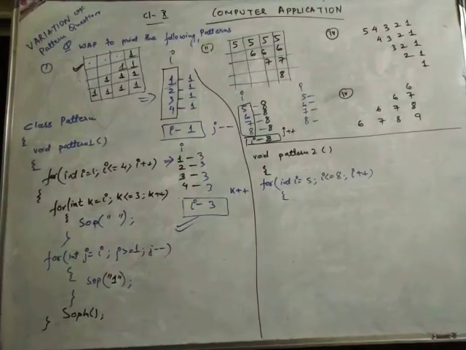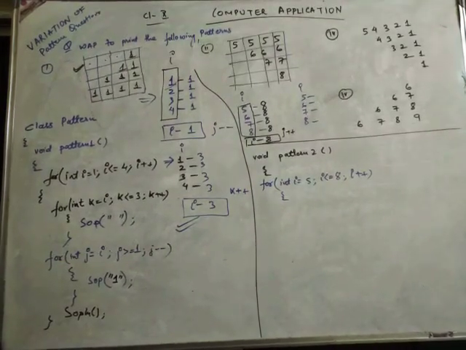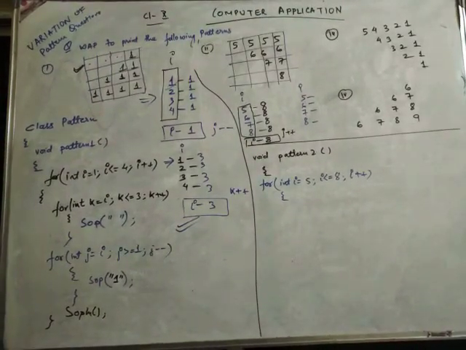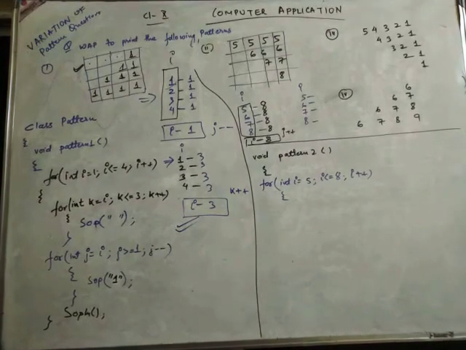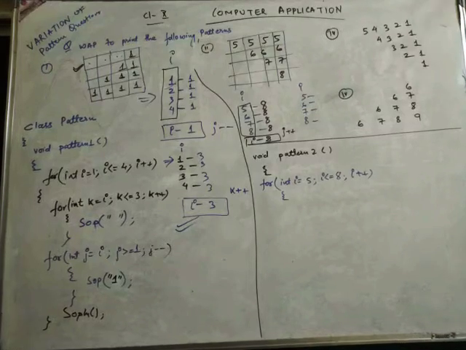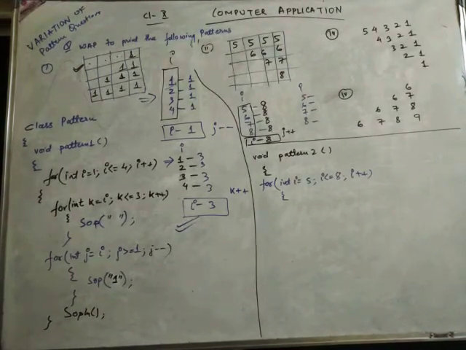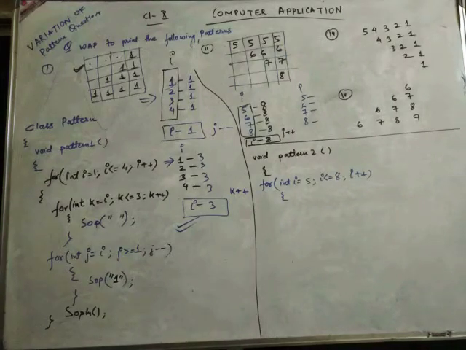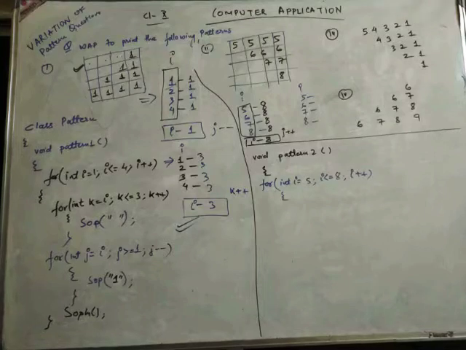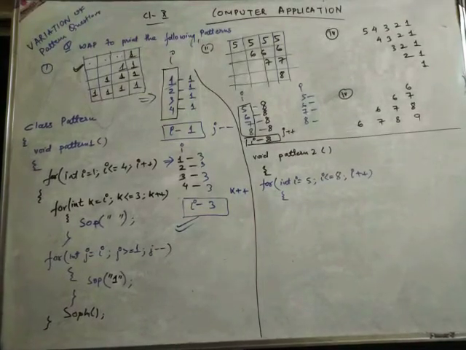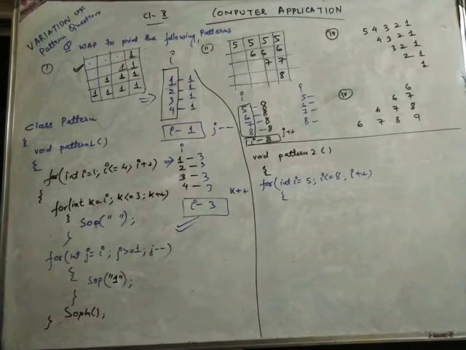Why did I write 3? Because first of all I had to check which line number had the maximum space. I had 3 spaces in line number 1, so I marked it, and from there I put the values. In question number 1, from line number 1 I wrote 3, 3, 3, 3 in the right column, the second column. Understood or not?